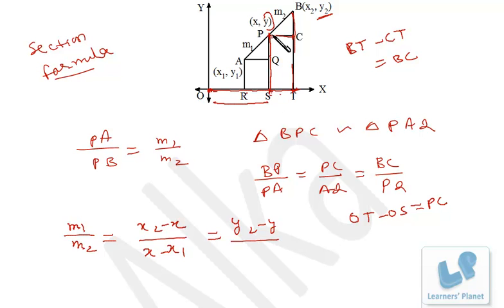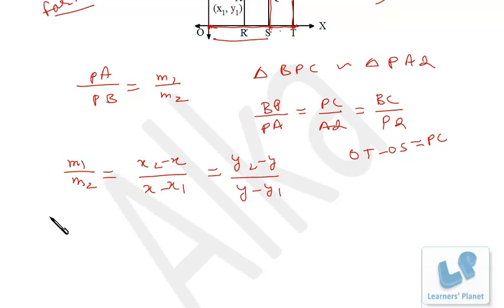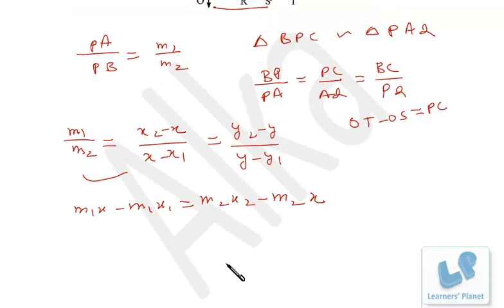By PQ, same, this complete length is y, and from this if I subtract QS, that is y1, I'll be getting PQ, right? So y minus y1. Okay, now we take these two, so that is m1x minus m1x1 is equal to m2x2 minus m2x. Now I take both the x at one side, so m1 plus m2 is equal to